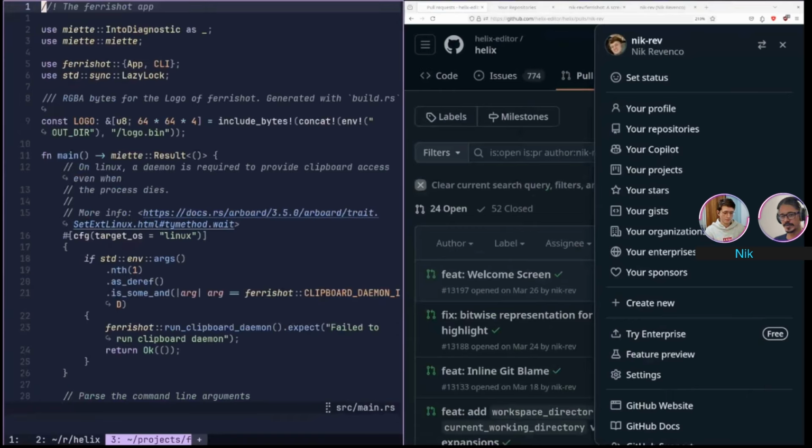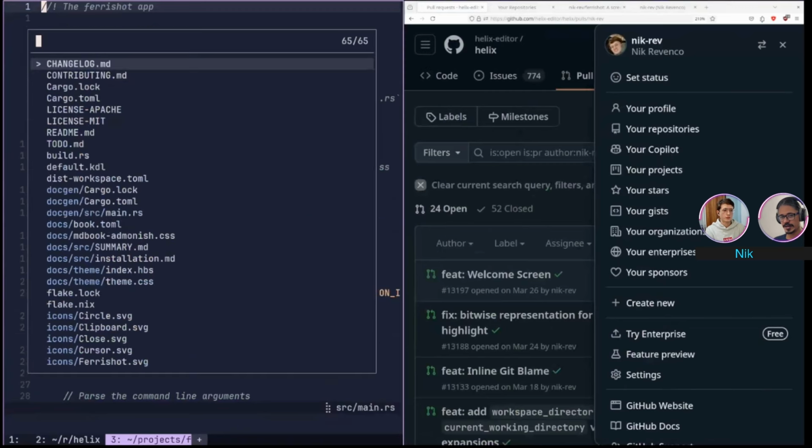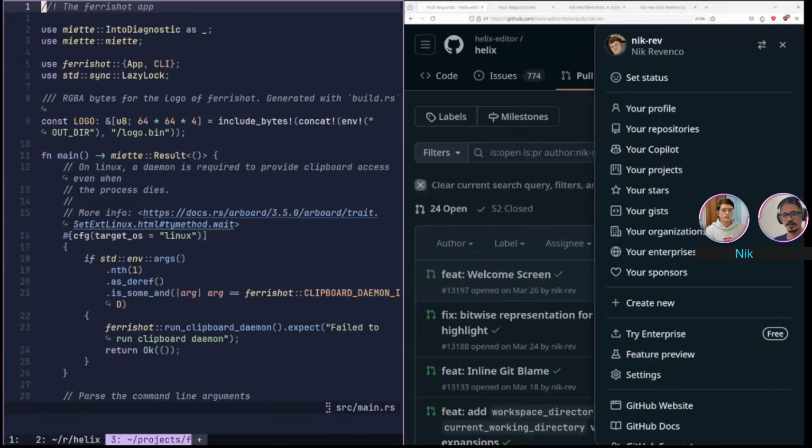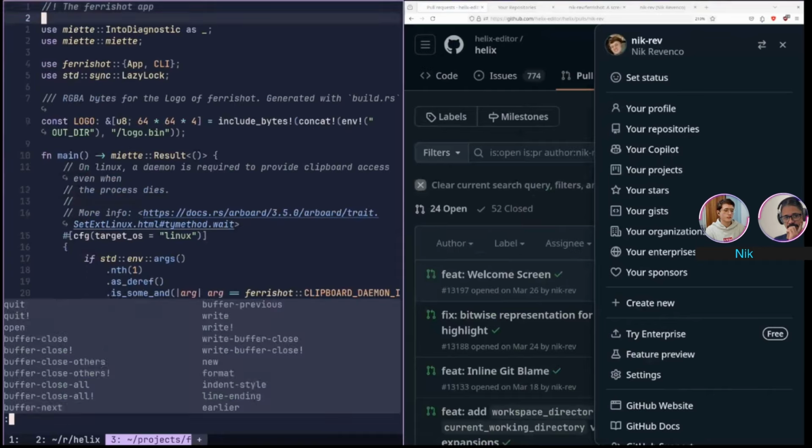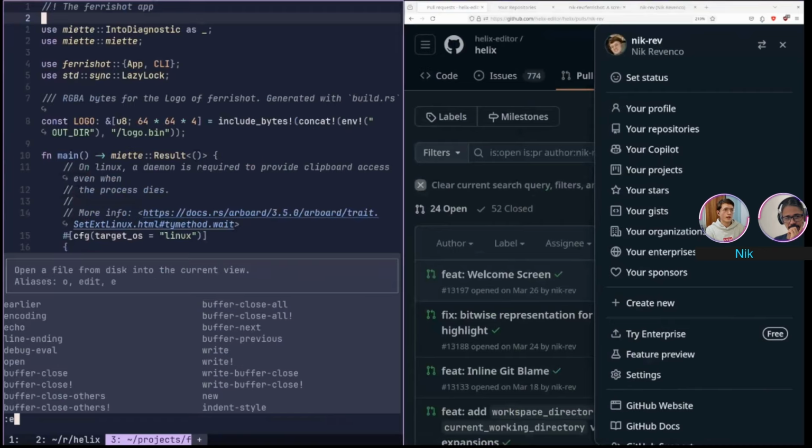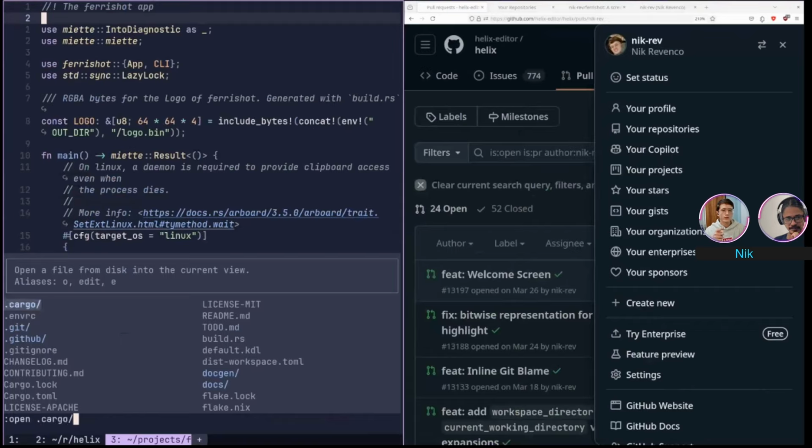Okay, so that's the file picker. Letter F. Yeah, space F. Okay, space F. Wonderful. Next, you can open absolute files by using the open command, and this brings up